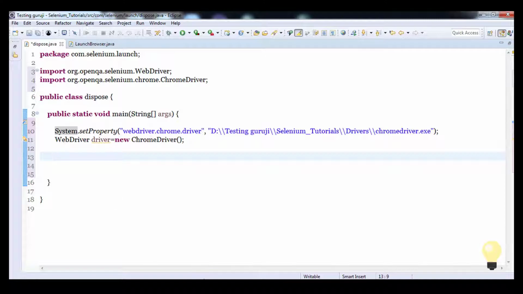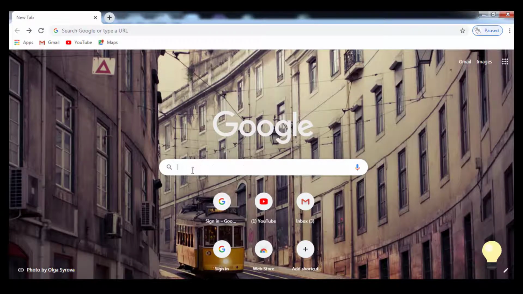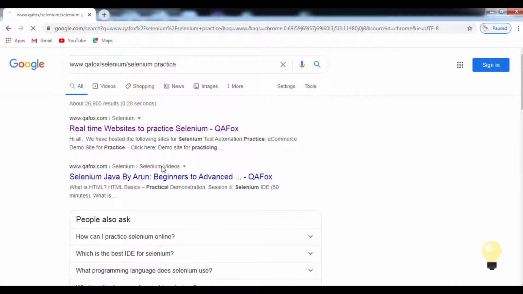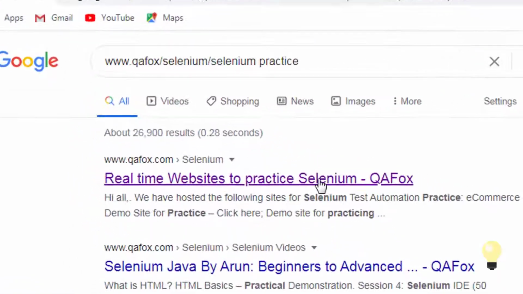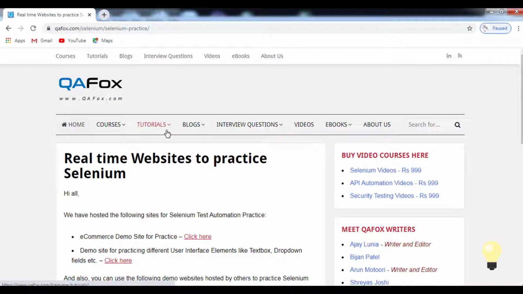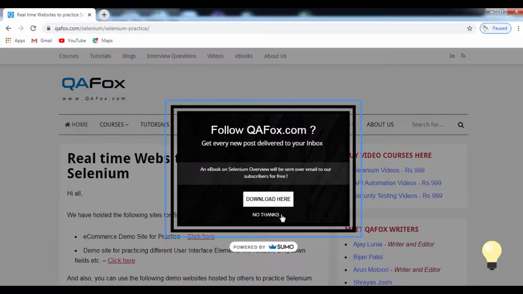So our scenario is to go to Google and type QA Fox Selenium practice, and click on the real-time website to practice Selenium, and the main window opens. See carefully below.